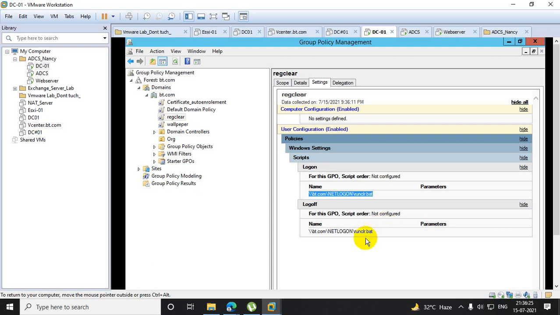How come? Because whenever you click on this run clear.bat file, it will clear the registry file from the systems. So that cache is cleared. Now how do I automate this? I automate this through GPO. The client requirement, due to some testing purpose, we have run a couple of commands from run. Later on the operator team will do some testing, might be some problem for us. So I need, whenever the users log in or log off, all the cache to be cleared.